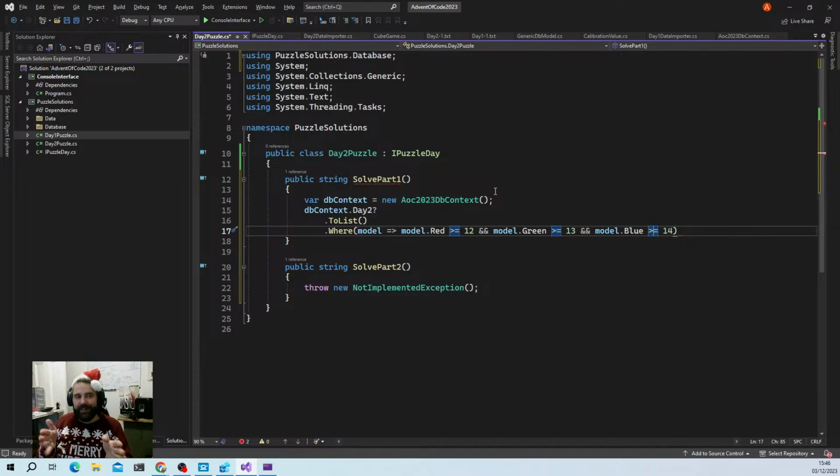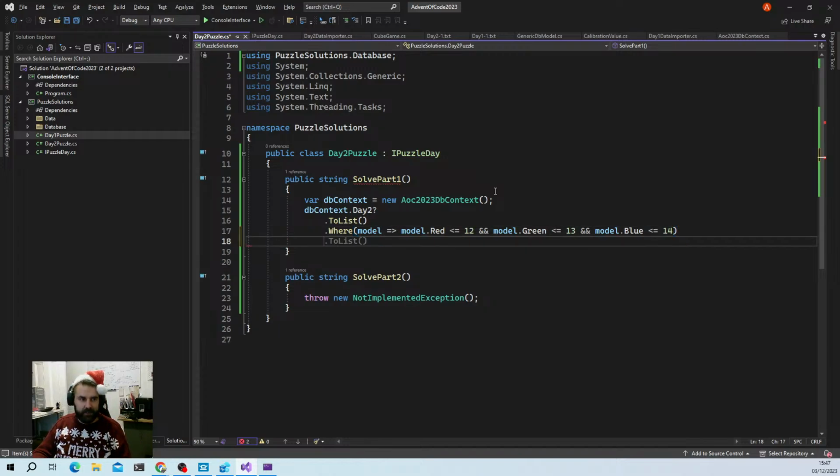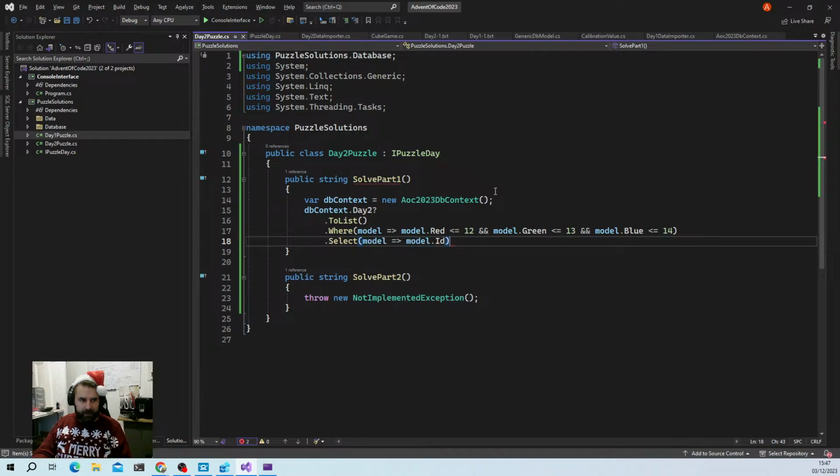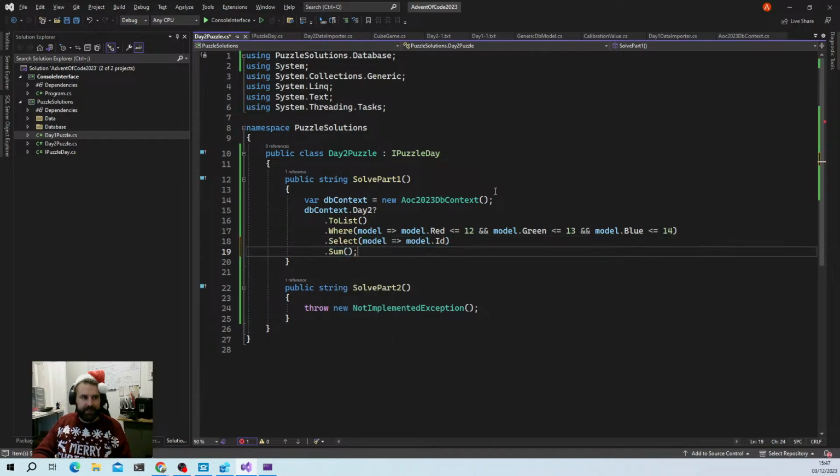The game's only possible if there's 14 or less cubes that we've seen get pulled out of the bag. So less than. Don't get your crocodiles the wrong way around. You'll have an absolute nightmare. So we're going to grab all of those models where the model has that configuration, right? Its red value is less than or equal to 12, its green value is less than or equal to 13, its blue value is less than or equal to 14. We're going to select model.id,